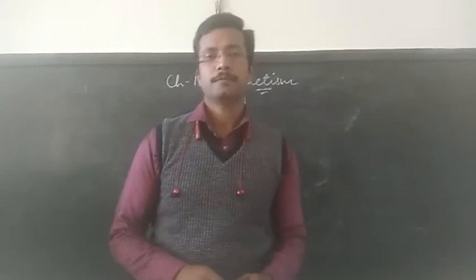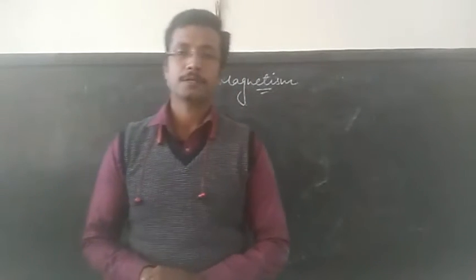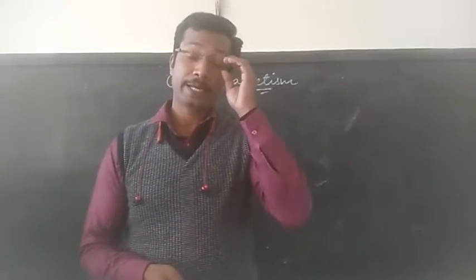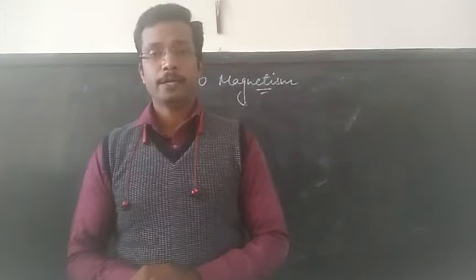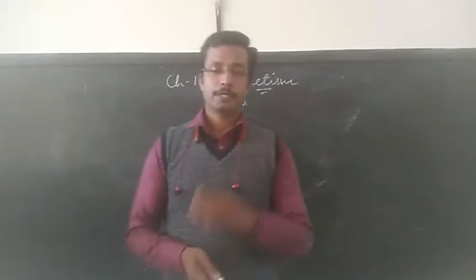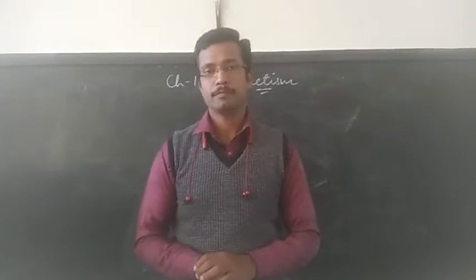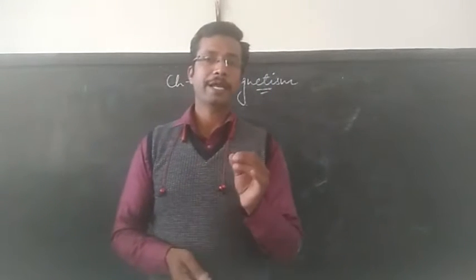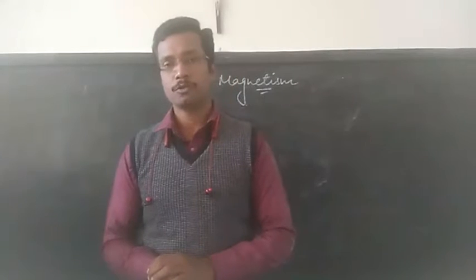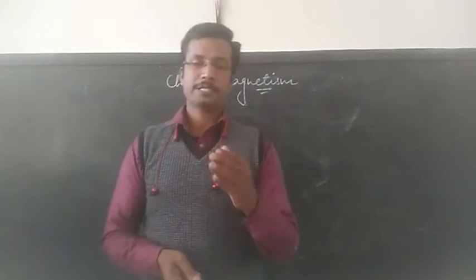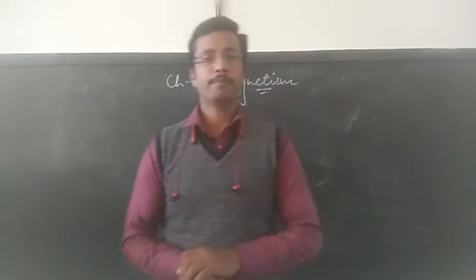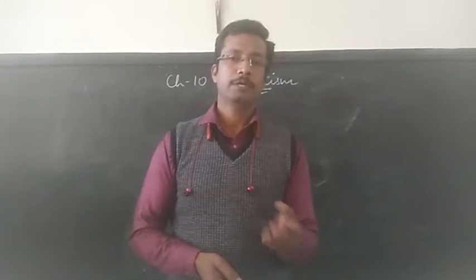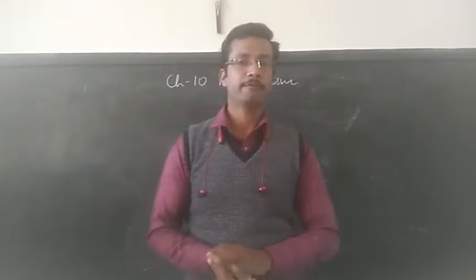Good morning, students. We are going to discuss the neutral points obtained in a magnet in detail today. Let us see what a neutral point is first. Neutral points are the points where the net magnetic field of a magnet is zero. And the reason for the magnetic field becoming zero is that the magnetic field of the magnet is neutralized by the magnetic field of the earth.